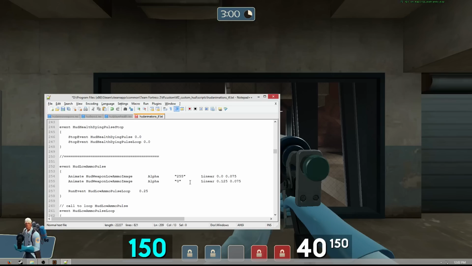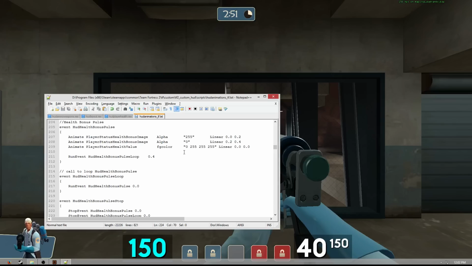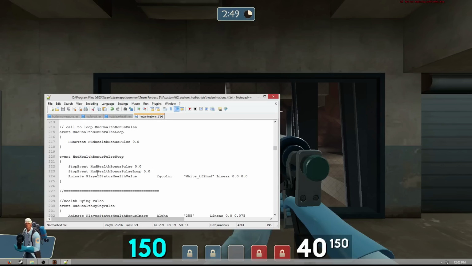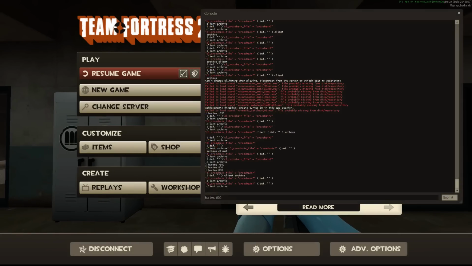So, I scrolled off the screen here. So we can just do a copy paste of that. And what this says now is, okay, when we're buffed, change to this blue color, but when we're done, change back to our white. So we'll save the file, we'll do a HUD reload scheme, and now you'll see that if I do hurt me,